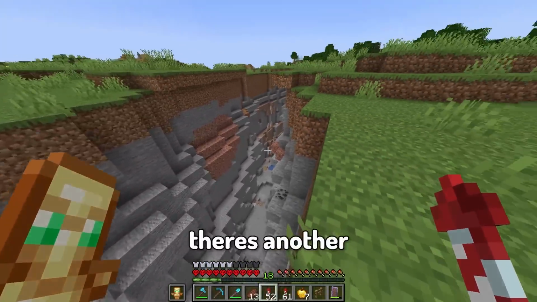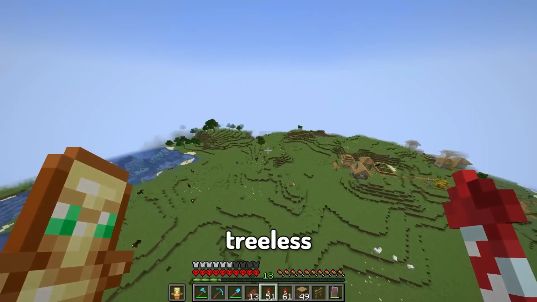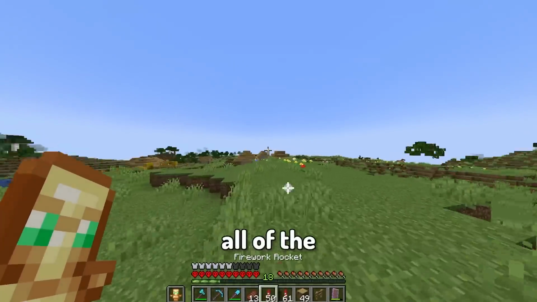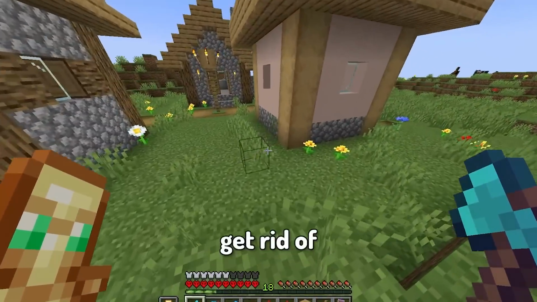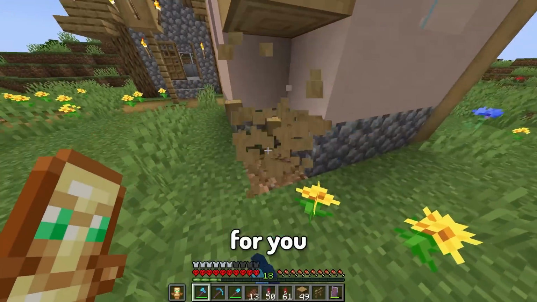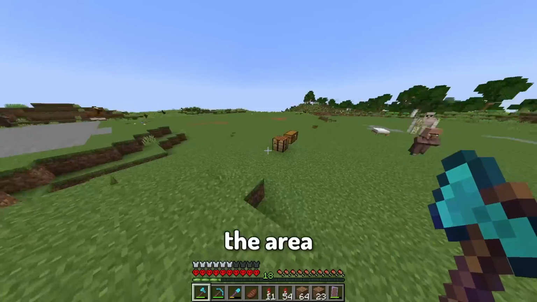Oh, and look at that, there's another ravine. And there we go, we are completely treeless. Now that all of the unwanted trees were gone around the area, I decided that to make some more space I should completely get rid of the village. No more partying for you. And then after forcing tens of villagers to become homeless, and a slight bit of terraforming, the area was completely